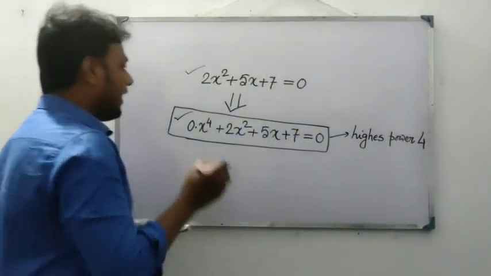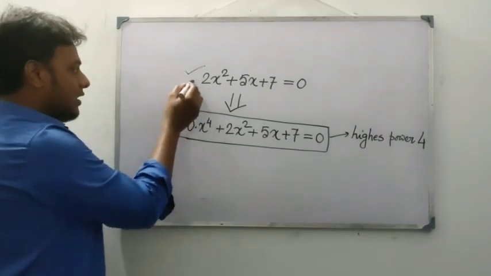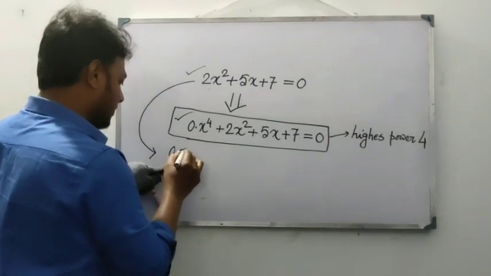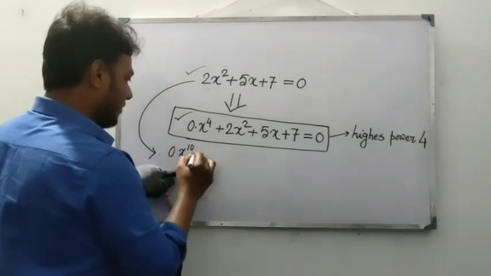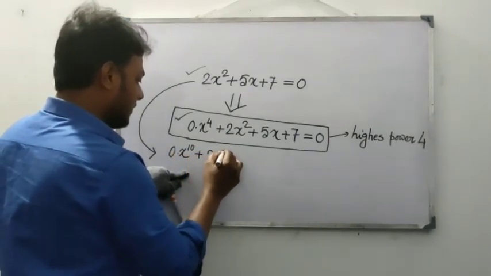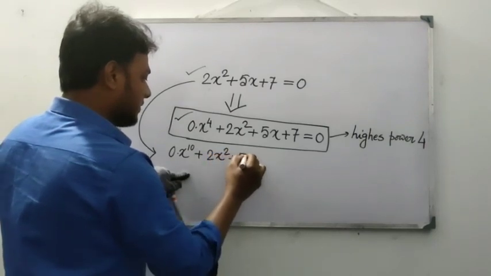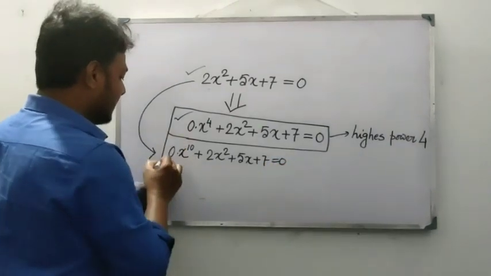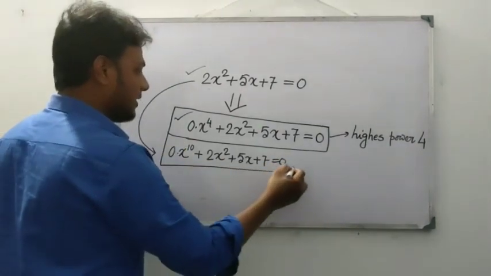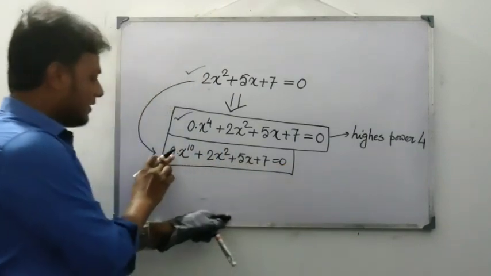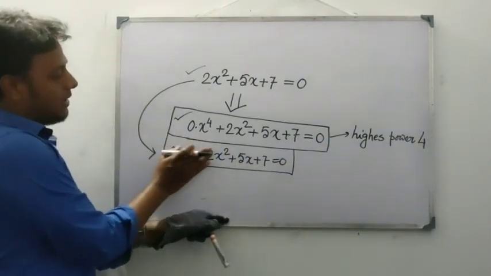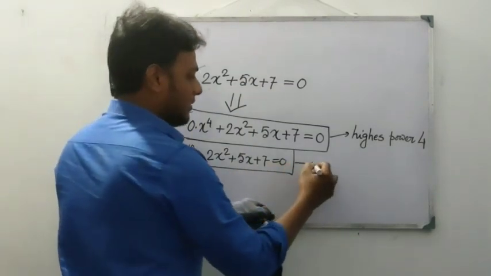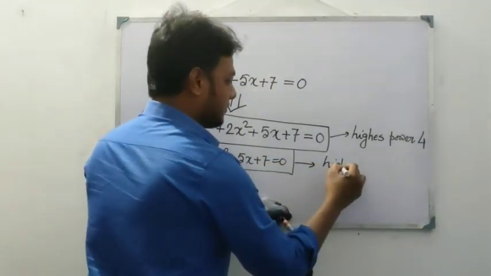Highest power 4. Again we can write this equation into this form: 0 into x to the power 10 plus 2x square plus 5x plus 7 equals to 0. Now you can see that 0 into x to the power 10 means 0 itself, and this equation and this are basically the same thing. So in this case you get highest power